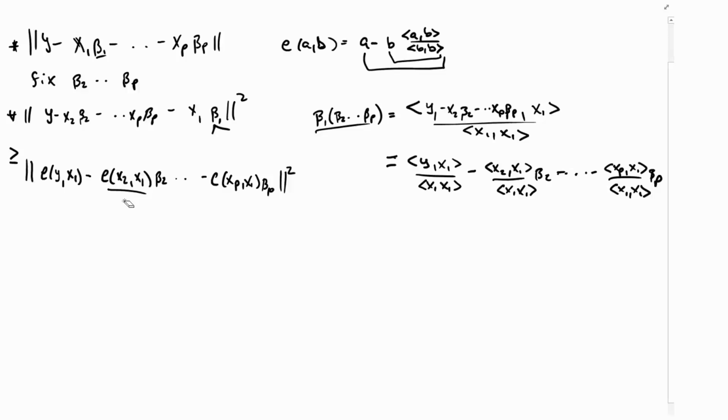So we could repeat this process, because notice this is just the same exact starting equation with one fewer regressors, and our vectors now look a little bit weirder because they're the output of this residual function, but ostensibly we're back at the same thing. So we know that we can get smaller if we repeat the exact same process. So this is going to be greater than or equal to if I simply take the residual of the residual,